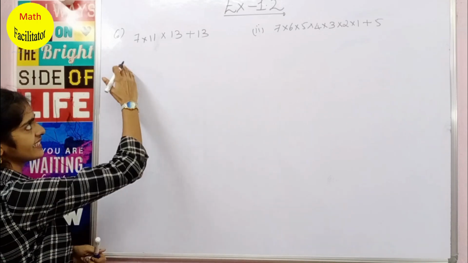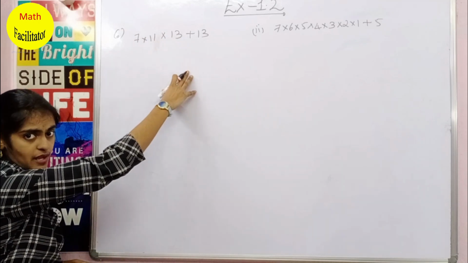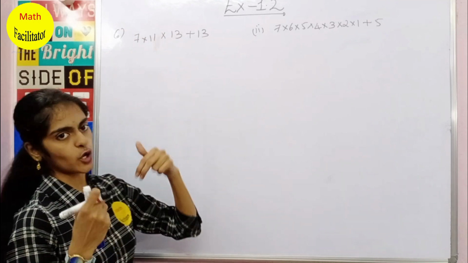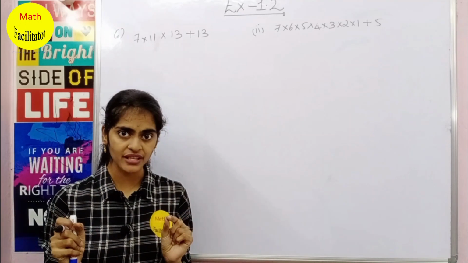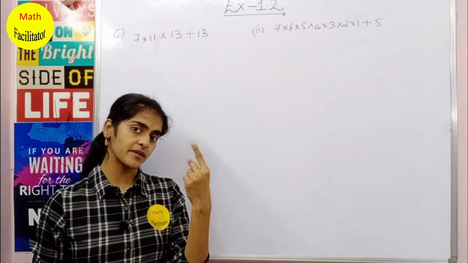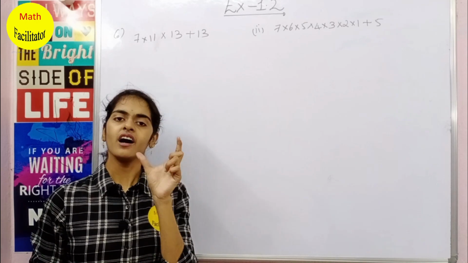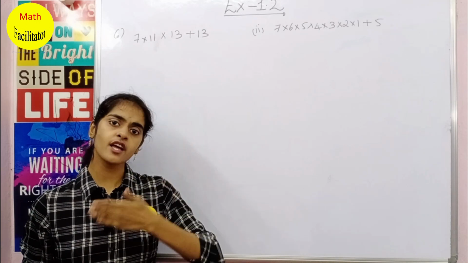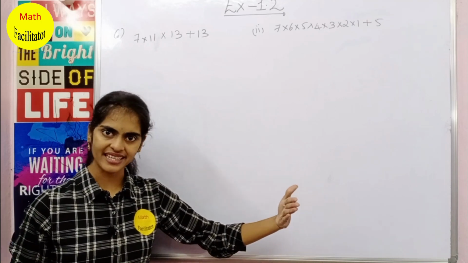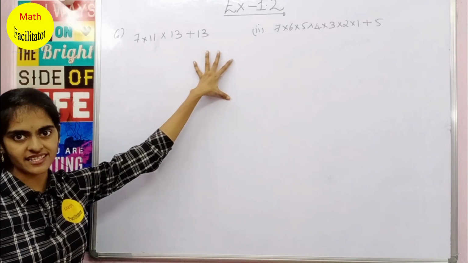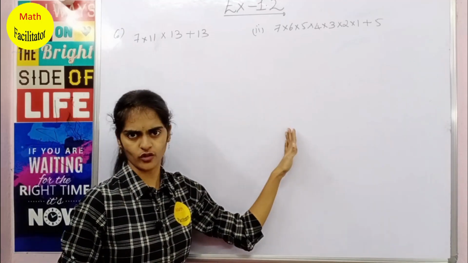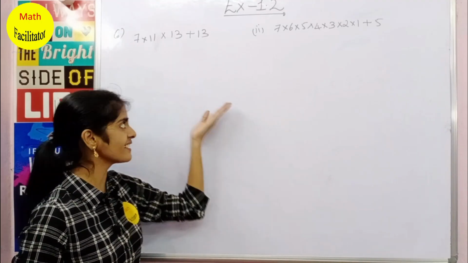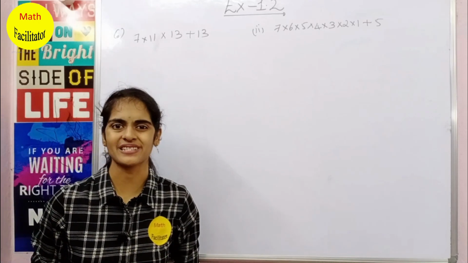Now you have to prove that this is a composite number. So if you can write this as a product of prime factors, then you can say that this is a composite number. Are you getting it? Using the fundamental theorem of arithmetic, you know that a composite number can be expressed as a product of prime factors. So here some expression is given to you. If you can bring this expression to a product of prime factors, then you can say that this particular number is composite.